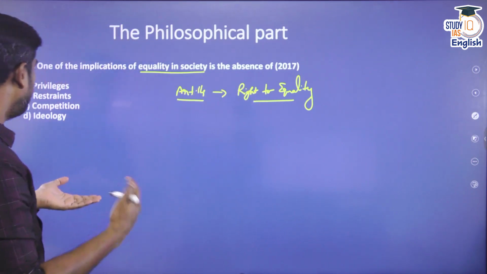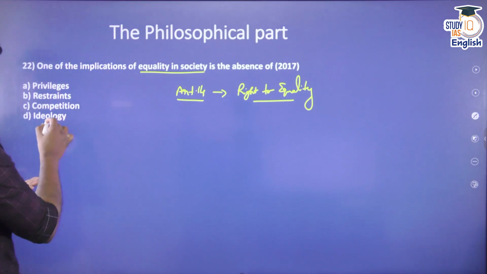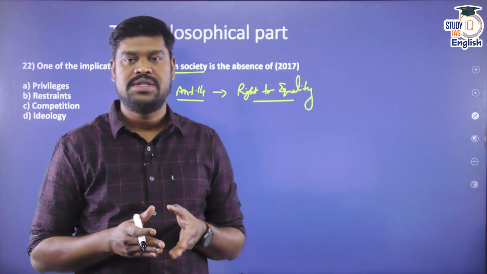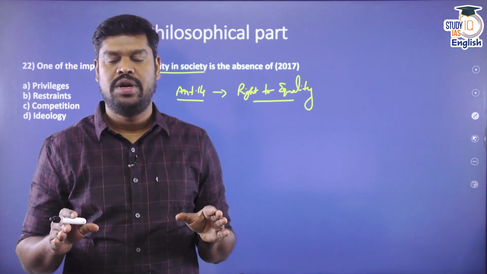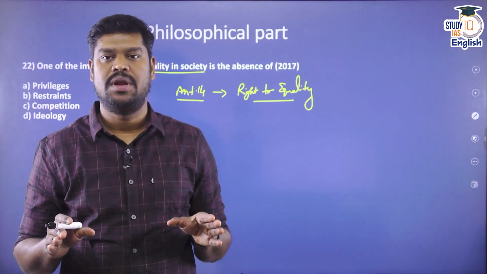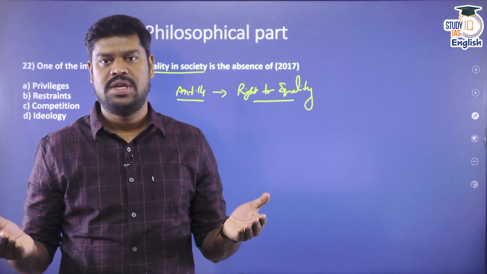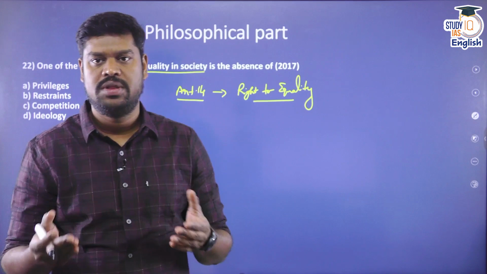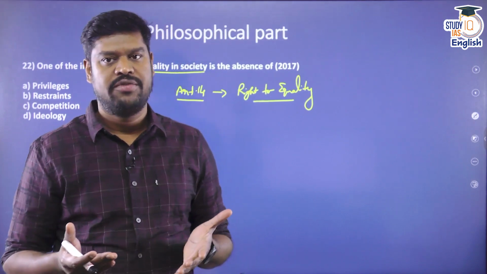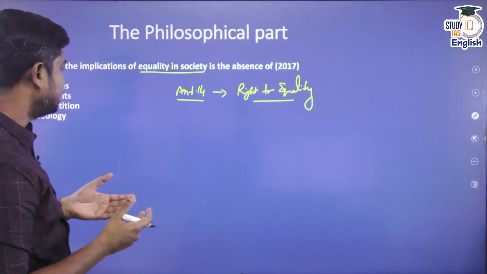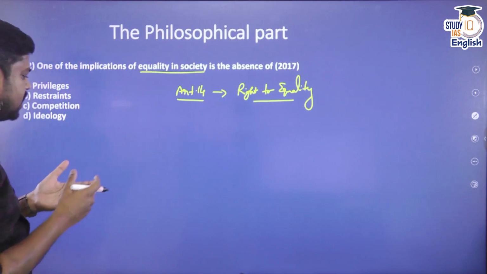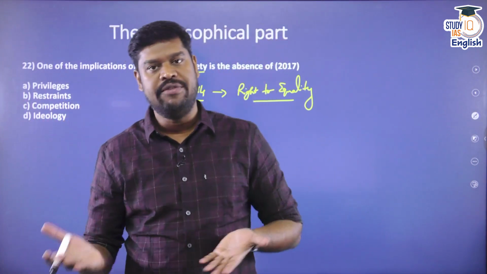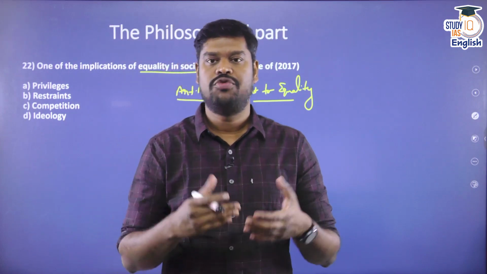If equality prevails, do you think that there will be differences of ideologies? Now, India is a classic example. Please understand that India provides for right to equality as a fundamental right to all the people. But there are multiple ideologies in our country. There are multiple economic ideologies, political ideologies, and they equally thrive. And there's an equal platform for everybody to thrive. So equality necessarily does not mean that there will be different ideologies, but it provides an equal ground for everybody to develop and to follow whatever they want.